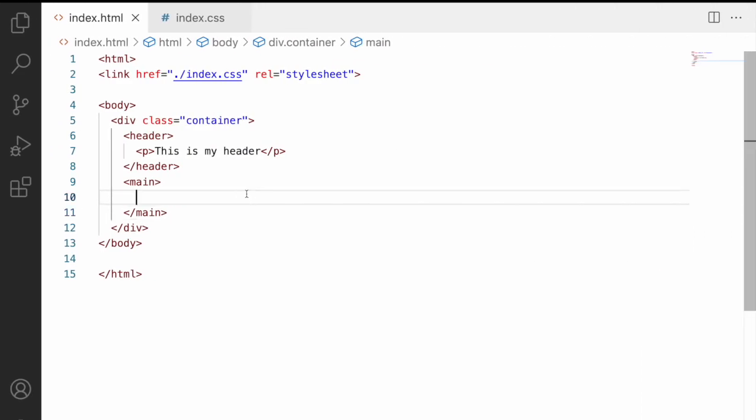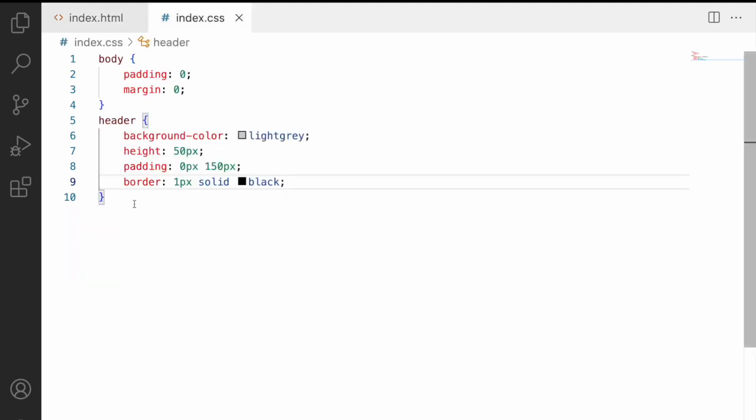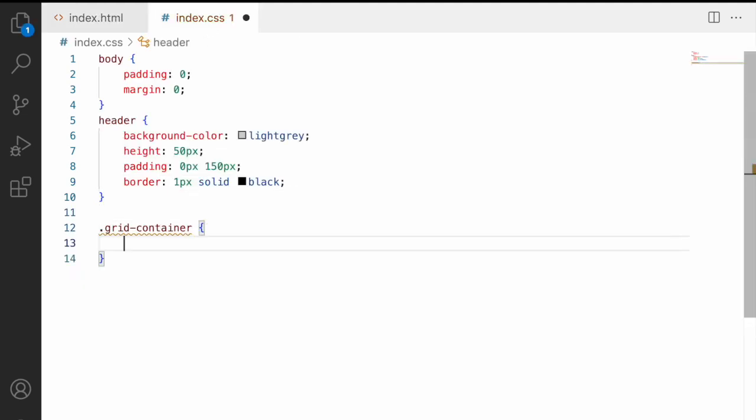So what you can do is either you can do in two ways. Let me make this as class as grid-container. I'm making this as a grid container, and I can remove this. We are not using this. Now let me go and copy this grid container and put it over here, dot grid-container, and this is